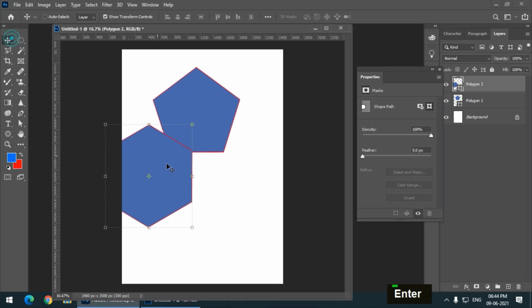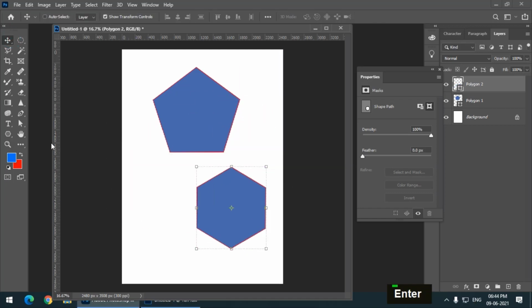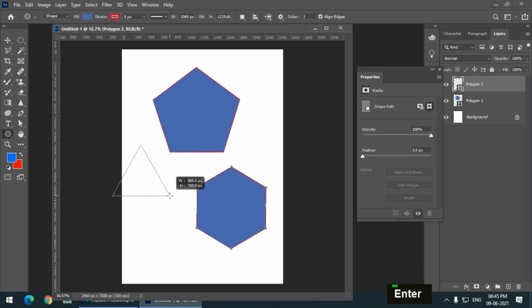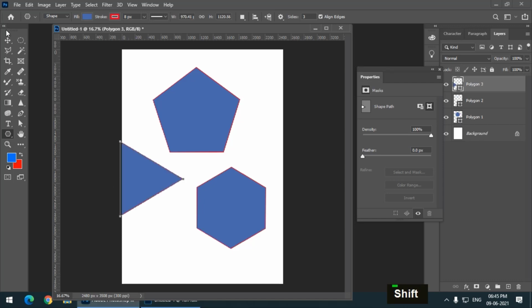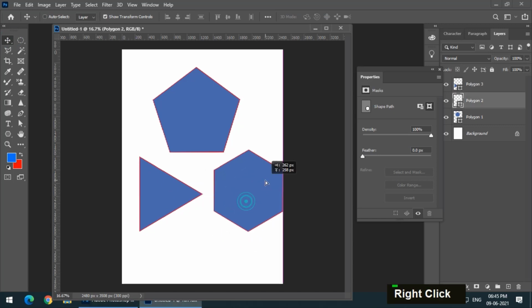We can also create a triangle, octagon. So this is a hexagon. Then let's say if I want a triangle, then I can simply put 3 sides and I can create a triangle. So as many sides that you want in this particular option.